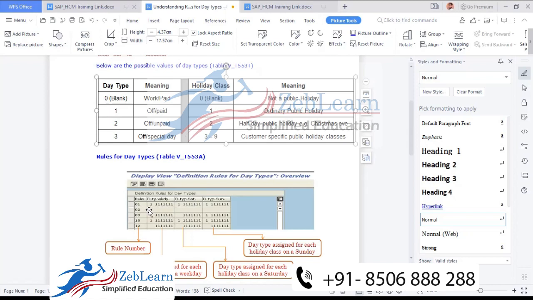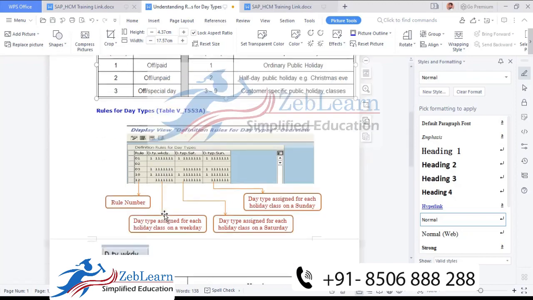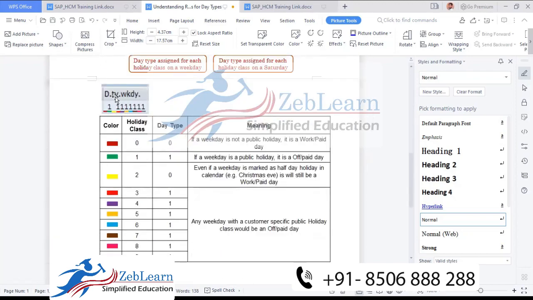Each space is going to show the holiday class, and the number 111 is going to be considered as the day types. Okay, the number is the day type and the blank space is the holiday class. Next, it's showing very well. See, I'm taking one example of day types for weekday, Monday to Friday. So reading the columns, first space, total 10 spaces: 1, 2, 3, 4, 5, 6, 7, 8, 9, 10.